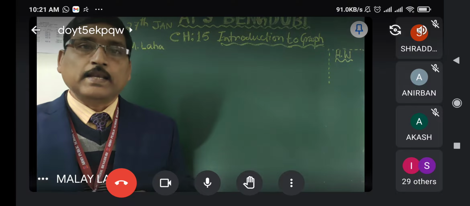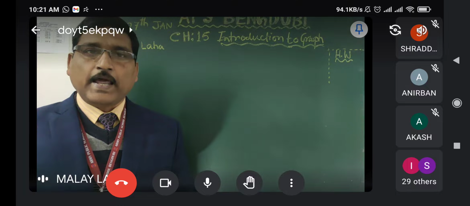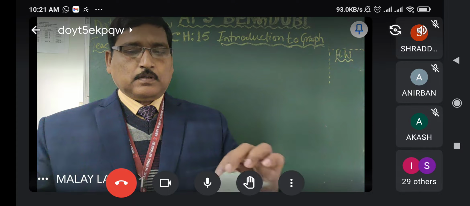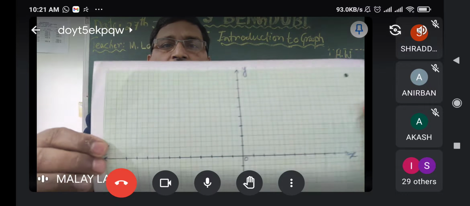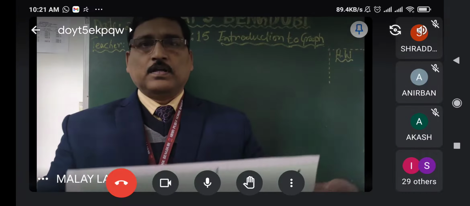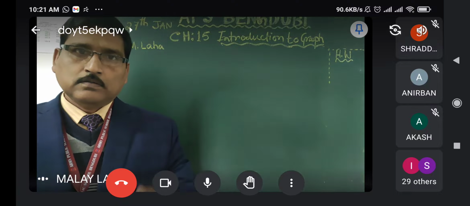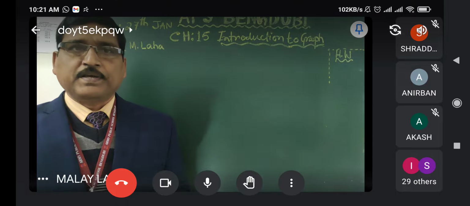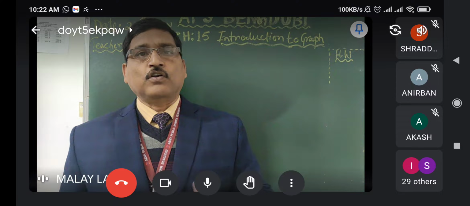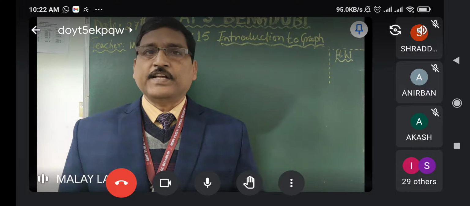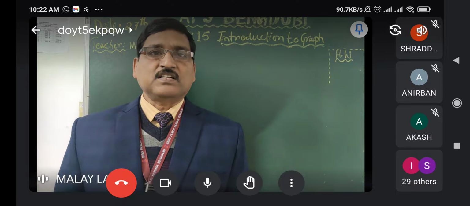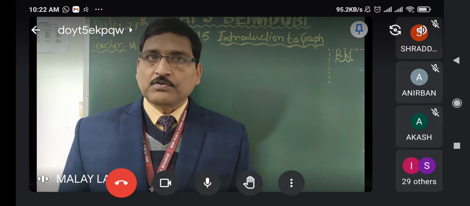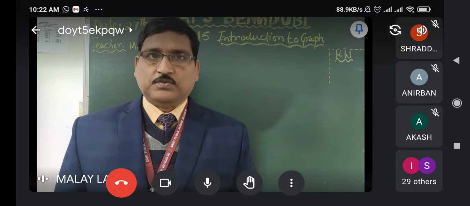Here two new things you have to start. That is the line graph: how to represent a line graph on the graph paper. This is the graph paper. Clear? So I will cover that. And one more thing is plotting points on the graph paper. This is the most important because it will be required in your class 9 and also in class 10. Nobody will tell you separately the basic concept about the representation of points on the graph paper. That's why I'm requesting you to observe my class minutely today.